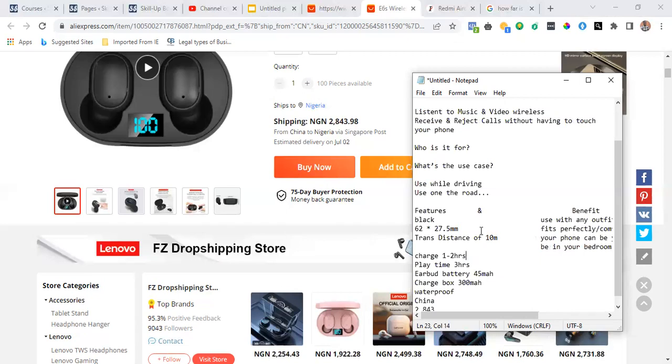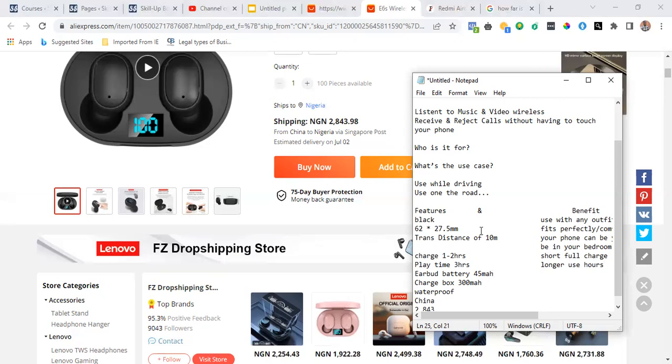So we are moving. Okay, so it has a charge time of 1 to 2 hours. So full charge, that's not a long time to charge. So that is a short full charge. Then once it charges for 1 to 2 hours, you can use it for 3 hours. That is if you choose to use the 2 ears at once, both of them will die at exactly 3 hours. But if you choose to use them separately, you can use it for longer hours. If you're charging something for 1 to 2 hours and you can use it for 3 hours together or separately for 6 hours, well, I mean that is